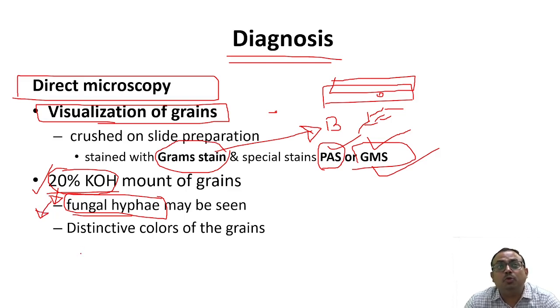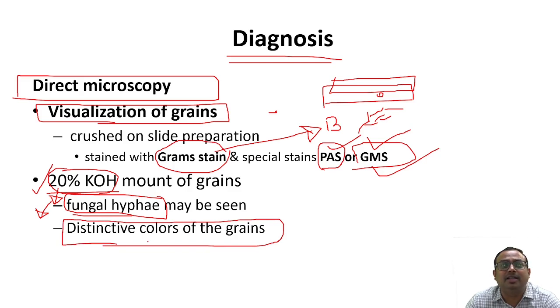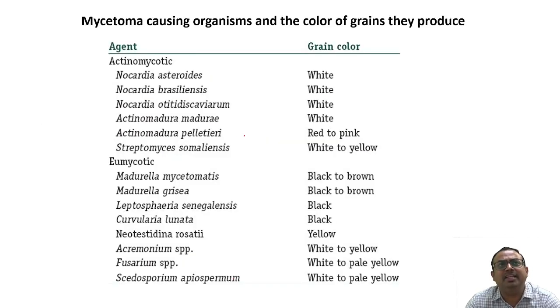At the same time, you are able to see a distinct color of the granules. On the basis of this color of the granules, in the old times it was classified as the causative agent. So you can see here that different etiological agents have different colors. But to summarize, the fungal granules